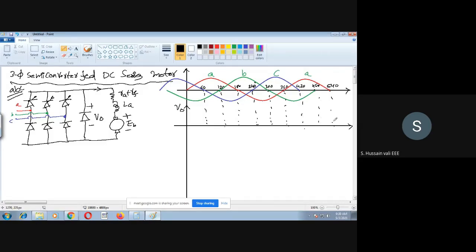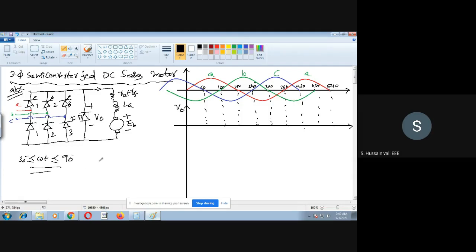Now see here. Once again we take the semi converter. I hope you know three thyristors are there and three diodes are there, and there is always a freewheeling diode. Then once again we take the firing angle as zero. If the firing angle is zero, then the range is from 30 degrees less than or equal to omega t less than or equal to 90.